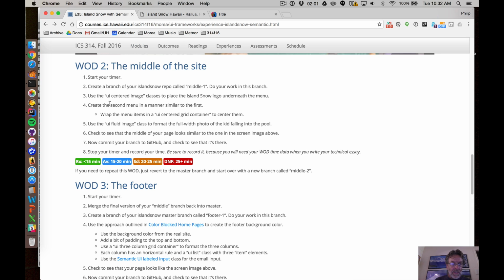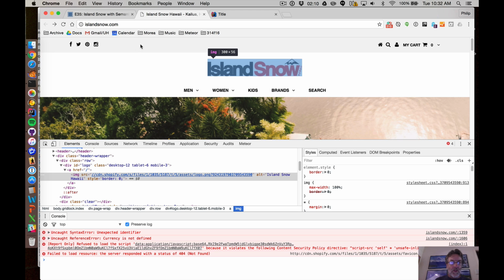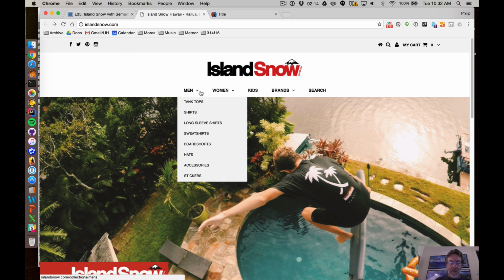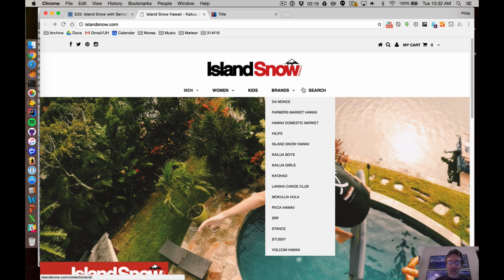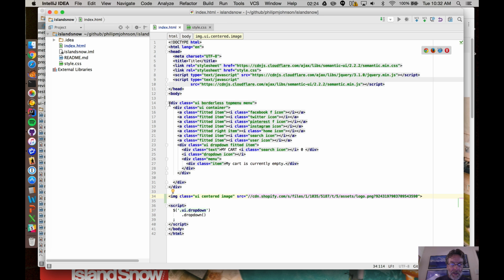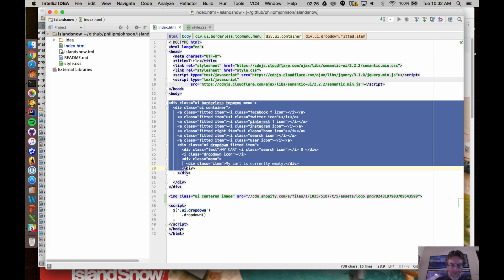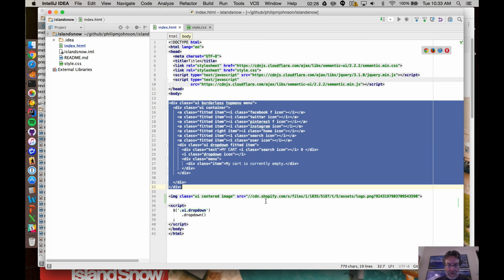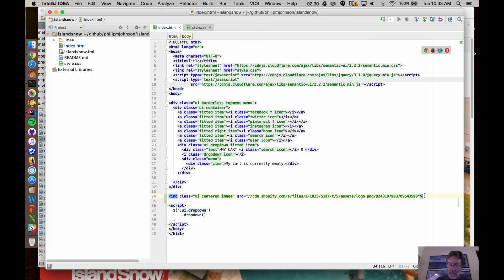And so the next thing is we want to create the second menu in a manner similar to the first, but we'll wrap the menu items in a UI-centered grid container. So you can see there was this top-level menu up here. Let me get rid of this for a minute. There's a top-level menu here, and we're going to have another menu inside, but it needs to be centered. But otherwise, it's going to be pretty similar. So I think the easiest thing to do, what I would do if it was me, is I just would create a copy of this, and then kind of